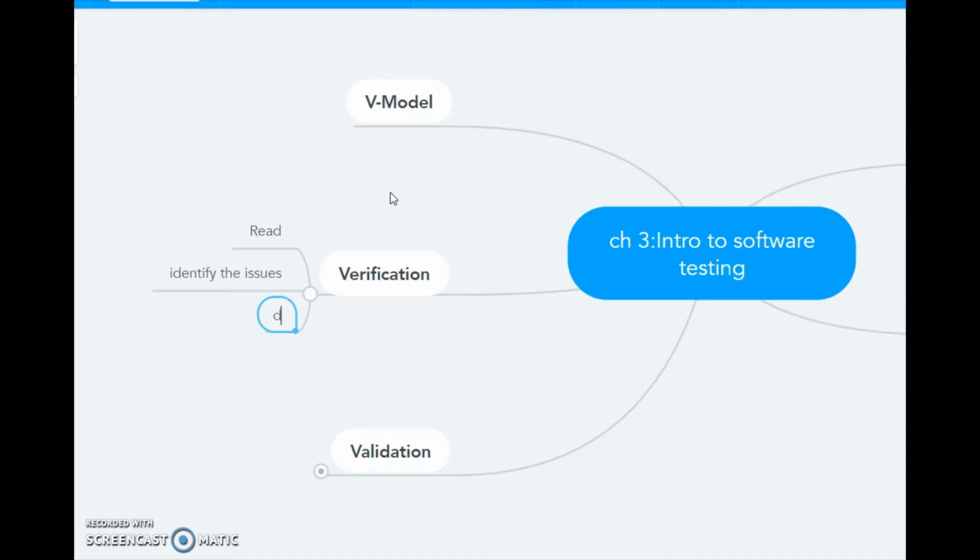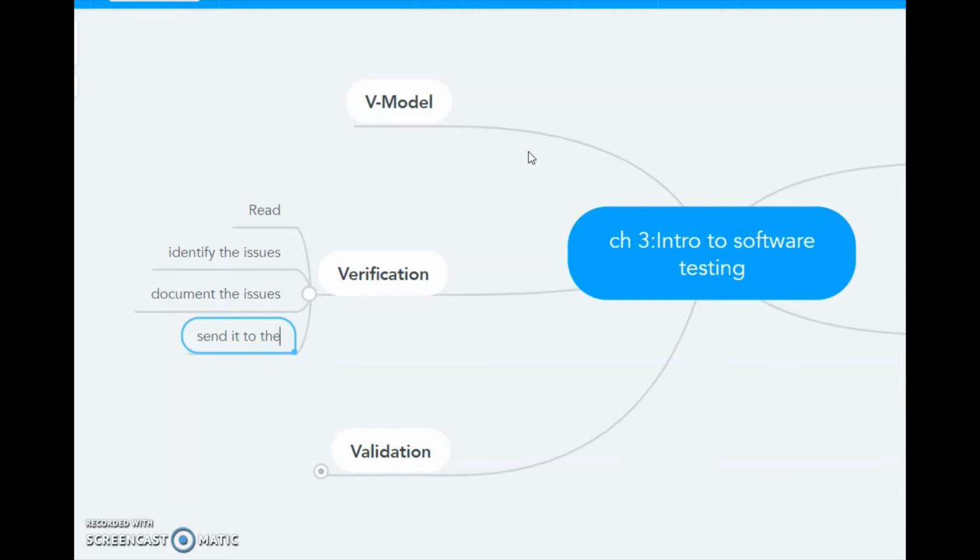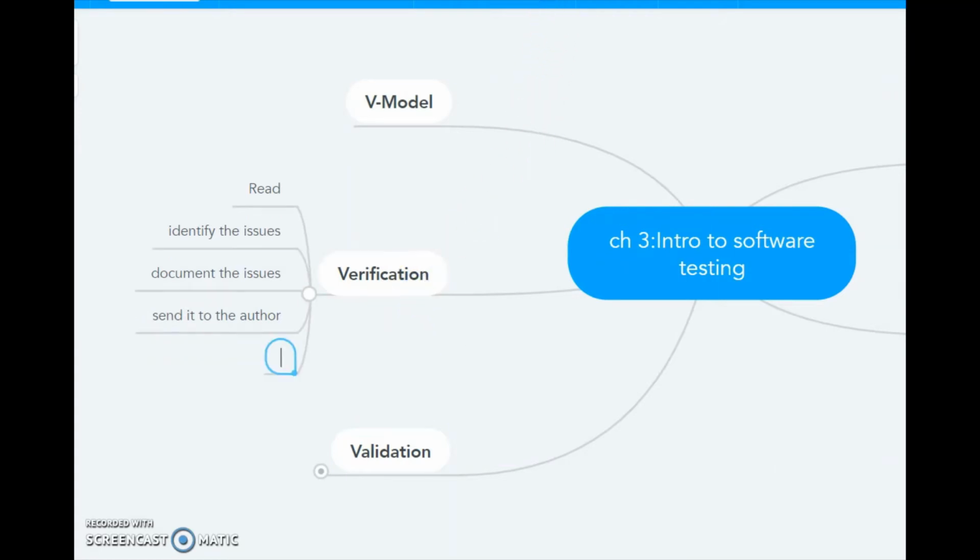We have to document those issues as well, send it to the author, and then track those issues till closure. So this is the entire process of verification.